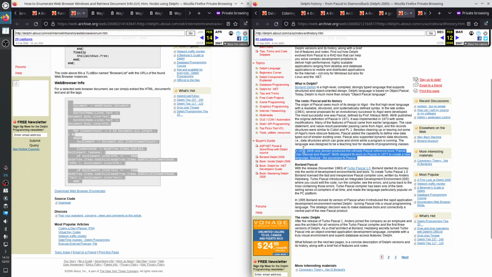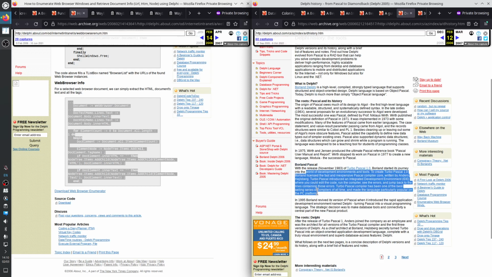Pascal user manual and report 1975, Wirth and Jensen. And then Wirth went on to other programming languages, Modula and whatever, Ada or what he did. 3 Modulas. Okay, then there were many other Pascals, like the Apple Pascal in Apple Lisa, and Turbo Pascal 1 from Borland. Anders Hejlsberg.